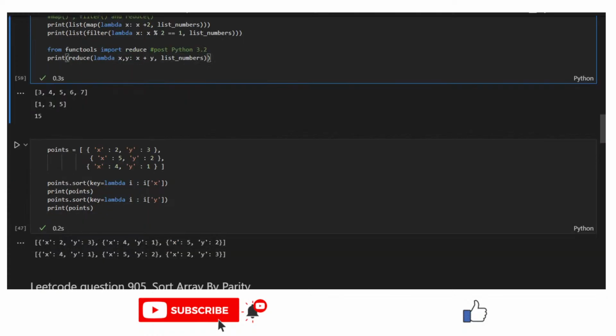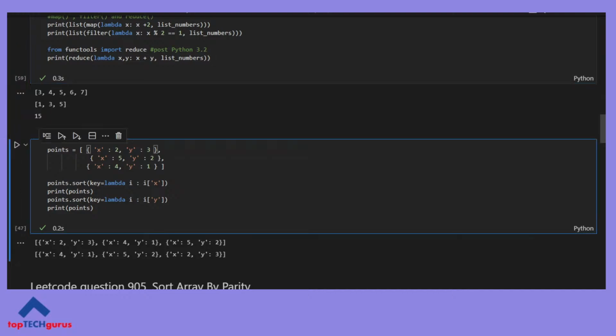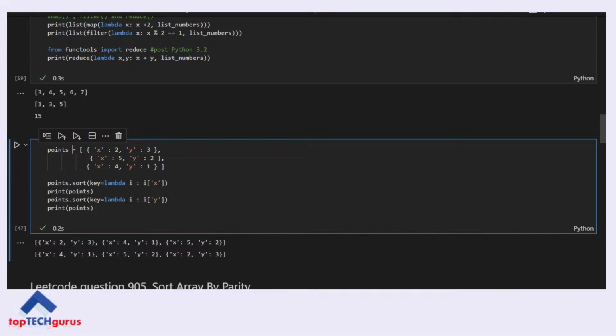The next piece I was talking about is the sort and the sorted, the min and the max. So I'll show you one example with sort. You can understand how similarly min, max would be used. These are typically asked very much in interview questions. Let's say we have a point and a list of points